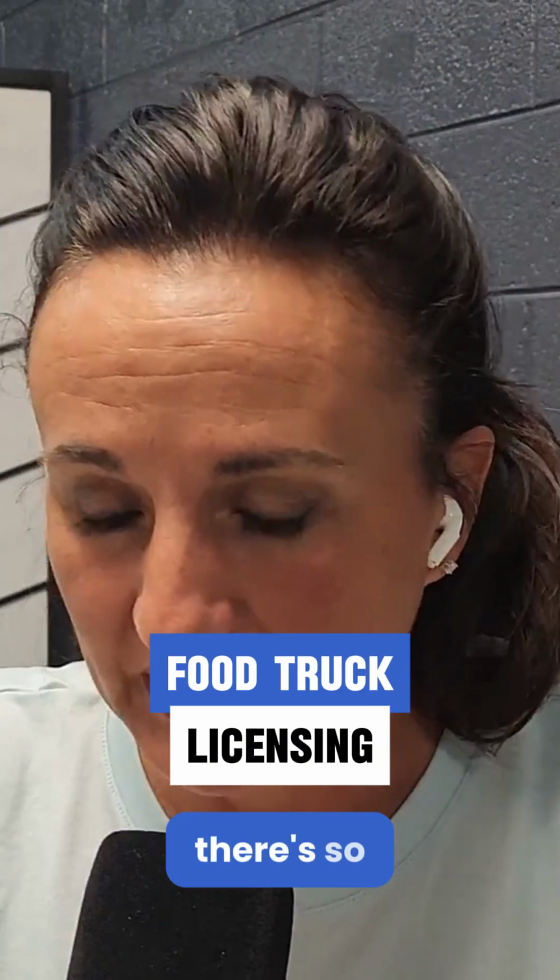Food trucks are a whole different animal. There's so many things with food trucks, and Nick is probably more in tune with what the requirements are with food trucks. And you, of course, would know a lot more about that as far as all of the things that you need to have in order to pass the inspection with the food truck itself,